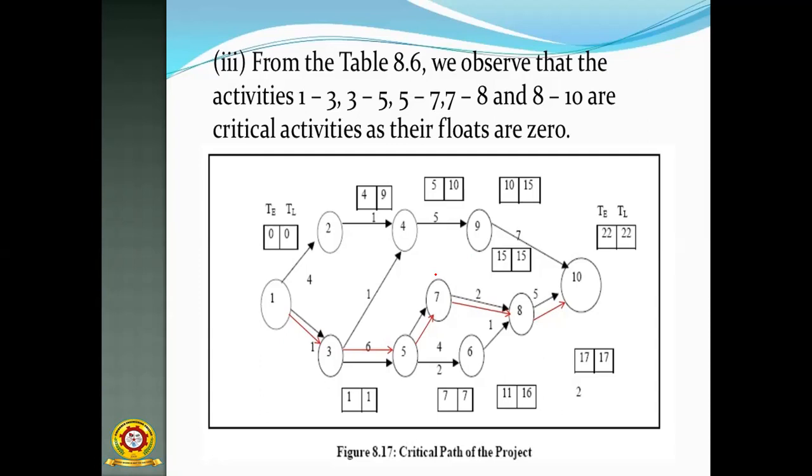Then in the backward pass, you have to select the minimum of these values. Suppose the eighth node is connected with two values, then you have to take the minimum of them, and take this one only. Then you get the values of these. Those are not in the critical path. In this way you find the critical path. This is a very simple example. So this is TE and TL. For each and every activity there is a TE and a TL. This is the last activity end point, that is 22, 22.